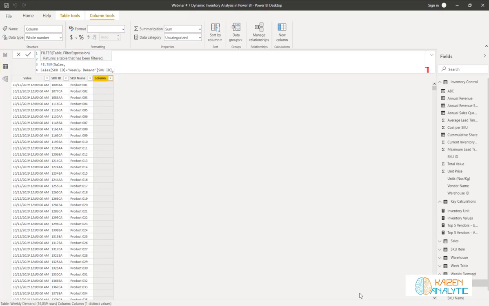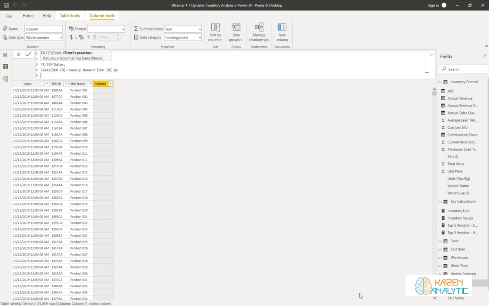So this is the first filter, and we will add &&. This has to be filled, and the other one, which is the order date in sales, has to be less than or equal to the weekly demand